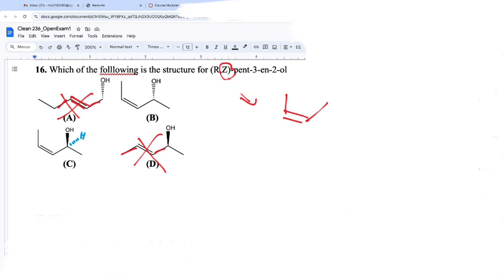That implied hydrogen will, by definition, be the lowest priority when I go through to assign priorities, and so that would be a 4, which means I just have to figure out which way I turn, and now we can go back to our hand gestures and signaling the devil. Right? So now, how do I assign priorities for the rest of them? Weight, size. Atomic mass is what it comes down to. So I'm looking at oxygen versus carbon versus carbon. Oxygen has a higher mass, so it's my number 1.